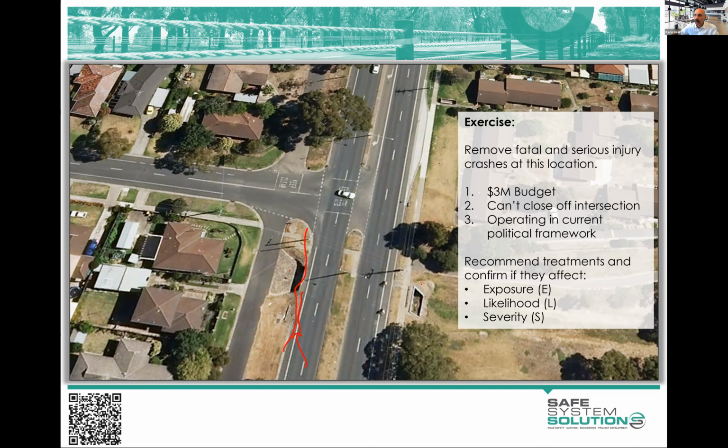Okay, so now we're going to get on to, we're going to give Chantel a prize for the first one to suggest some vertical deflection. What do I mean by vertical deflection? So some sort of raising of the intersection to try to lessen the severity of any incident that may occur. And I'll come back to that a little bit more later.